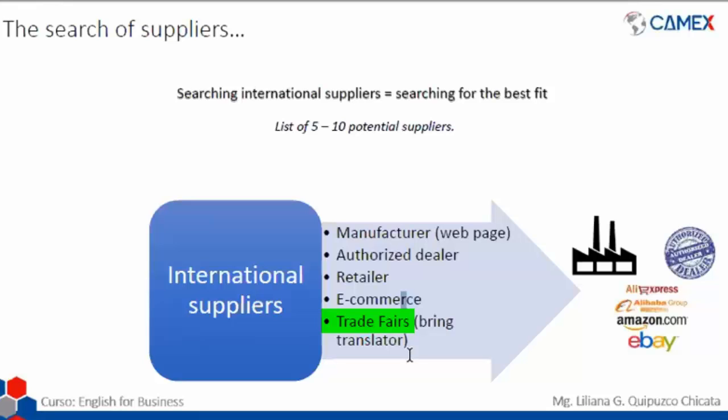If you're going to go maybe to a Canton Fair or another fair in China, it is best for you to bring a translator that is able to speak Chinese, because you're going to a Chinese speaking country. Let's say you're going to go to France. If you're going to France, you will have to bring your French translator. So the translator will depend on which country you're going to be in, and if we're talking about being at a fair in Peru, most likely there will be just two options, English and Spanish.